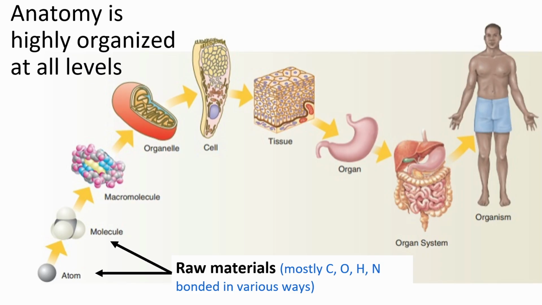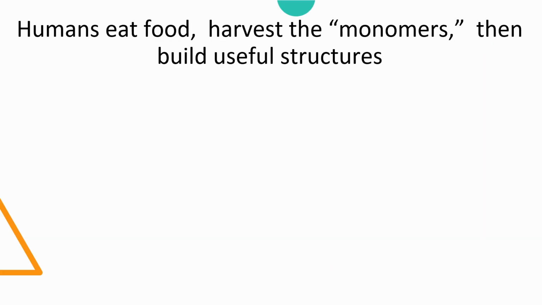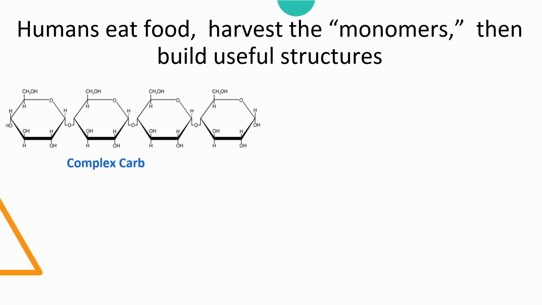If you've ever heard that we are carbon based life forms, this refers to the abundance of carbon in our bodies. An example of a typical molecule in our bodies is water. These raw materials come from our food and drink. Imagine eating a complex carbohydrate. During digestion, it gets snipped apart into component building blocks called monomers that a cell can use to build a